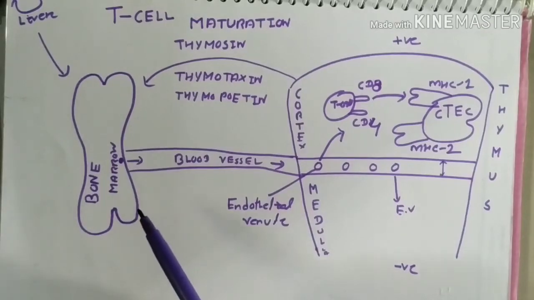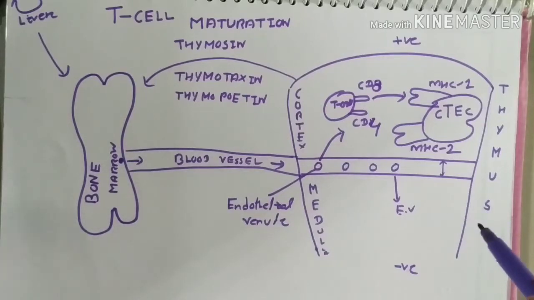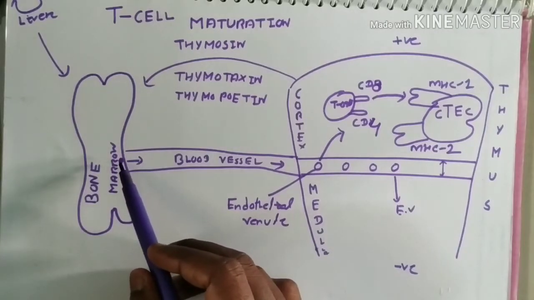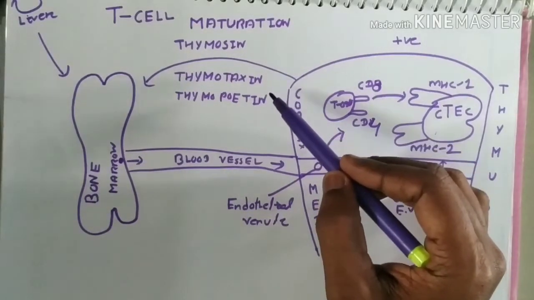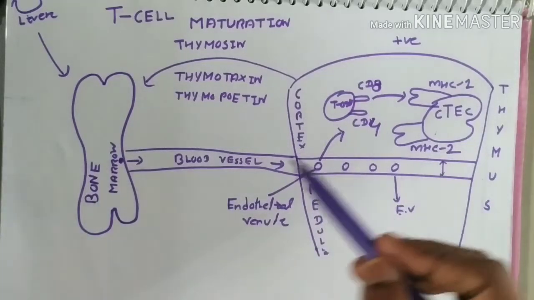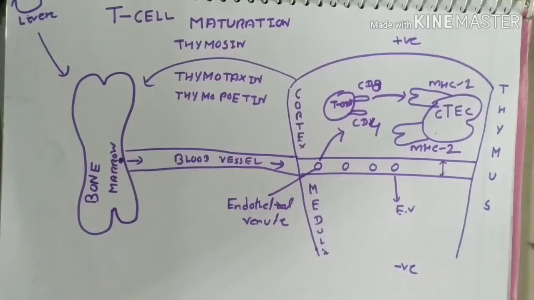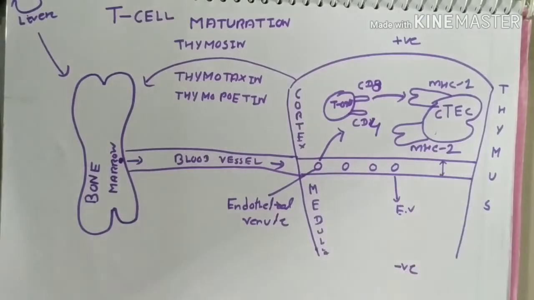For maturation, the T cell has to go to the thymus. In the bone marrow, the T cell precursors are present. The thymus releases chemicals like thymosin, thymotaxin, and thymoprotein, which induce the bone marrow to release these T cell precursors into the blood vessel, and the thymus has blood vessels at its middle portion, which is known as the